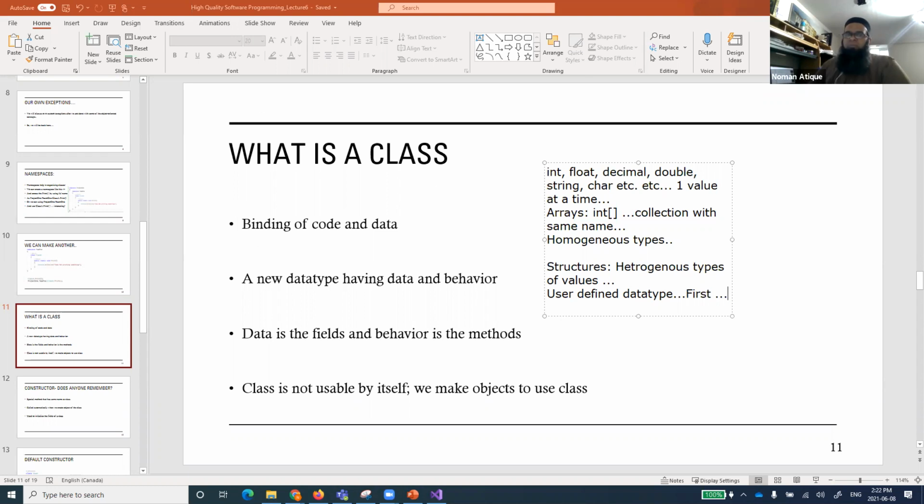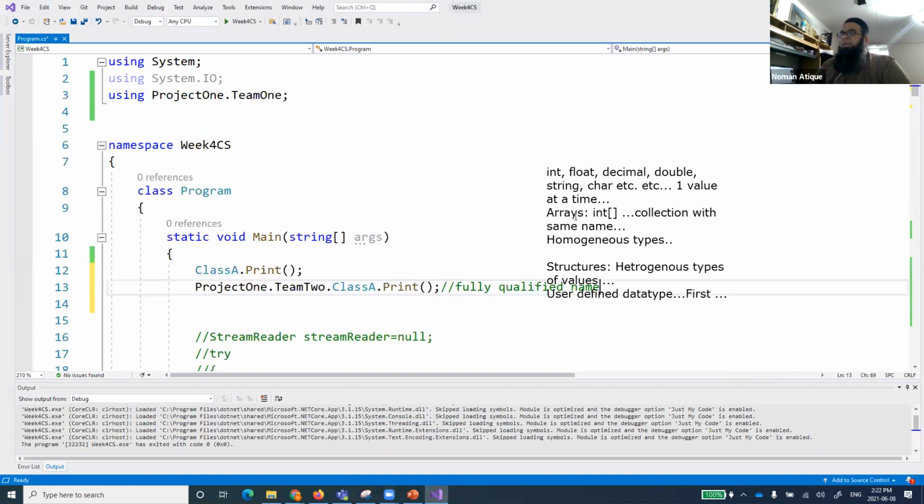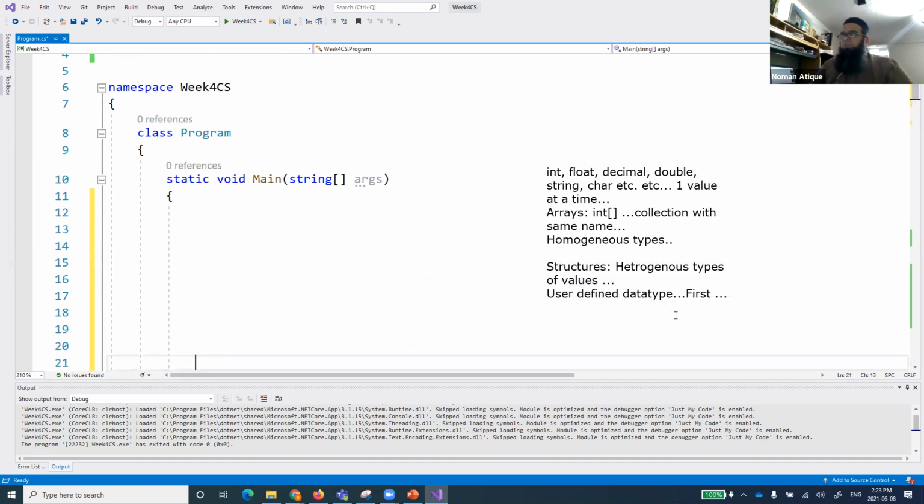I will give you a quick example so that you get a bit of understanding of what is going on and how we access those values. So if I go back to my program, those who are not familiar with the concept, I'll show you. Okay, just make it a comment, I don't want this one. Now I will just go over here.